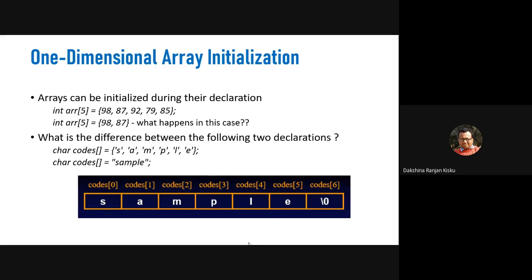I just want to tell you that you can try this by writing code for both the examples. Okay, so array initialization with integer numbers, array initialization with characters. In both the cases you can see the differences, how this works actually.